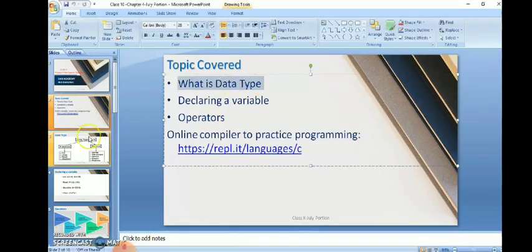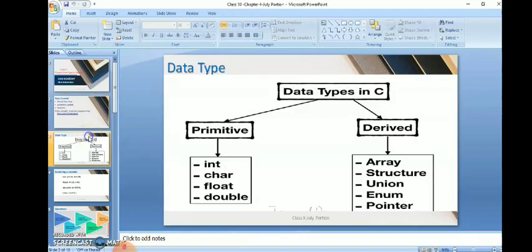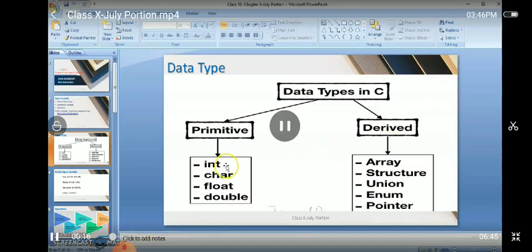So we can say data types are defined as the data storage format that a variable can store to perform specific operations. There are two types of data types you will learn in C. C data types are broadly classified into two: one is primitive and the other one is derived. Primitive means scalar or fundamental data types, known as primitive data types. They can only represent a single value in a program.